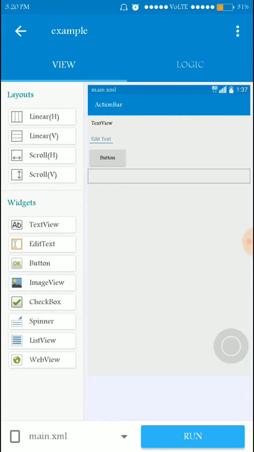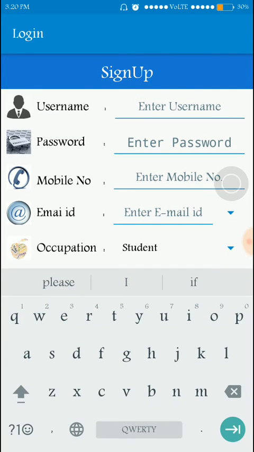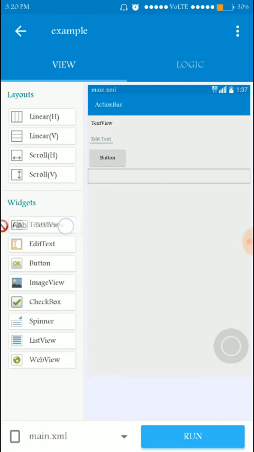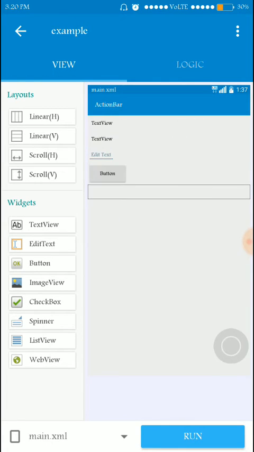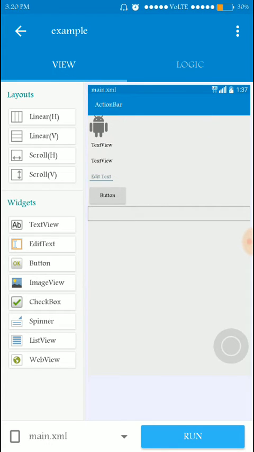For example, if you want to create a login example in the app, an image is there, and a text view is there, and an edit text is there, and all these are aligned in a single line. As you can see here, it's not possible in a single line. The things are moved down.